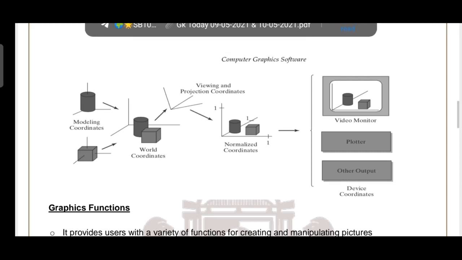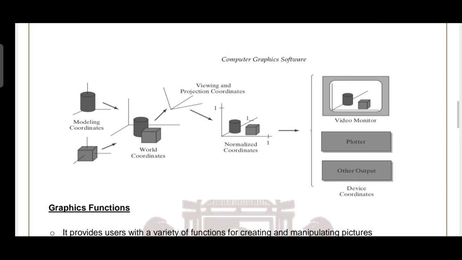Okay, normalized coordinate system. The three different coordinate systems we'll be discussing. Sorry, four different ones: world coordinate, modeling, viewing, and projection, as well as the normalized coordinate system are the different coordinate systems we'll be discussing throughout. We'll discuss them in more detail in viewing, that is in the next chapter, I mean next module.